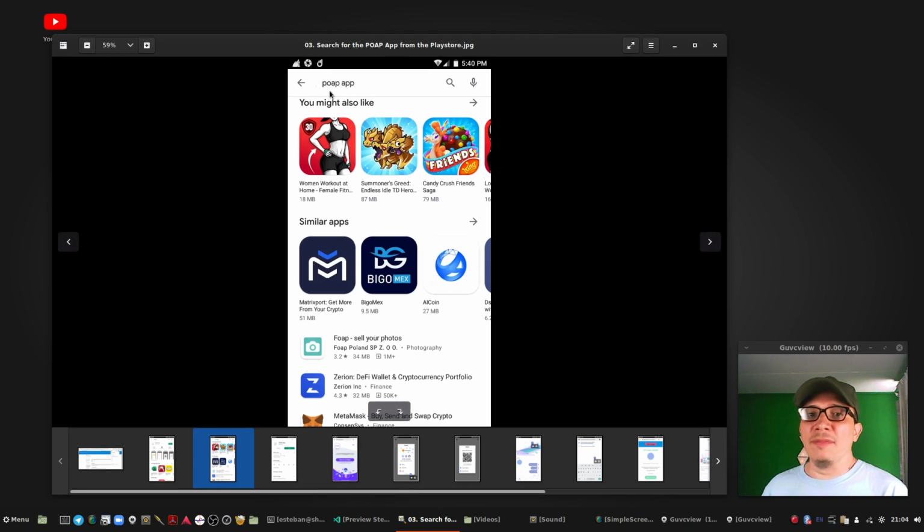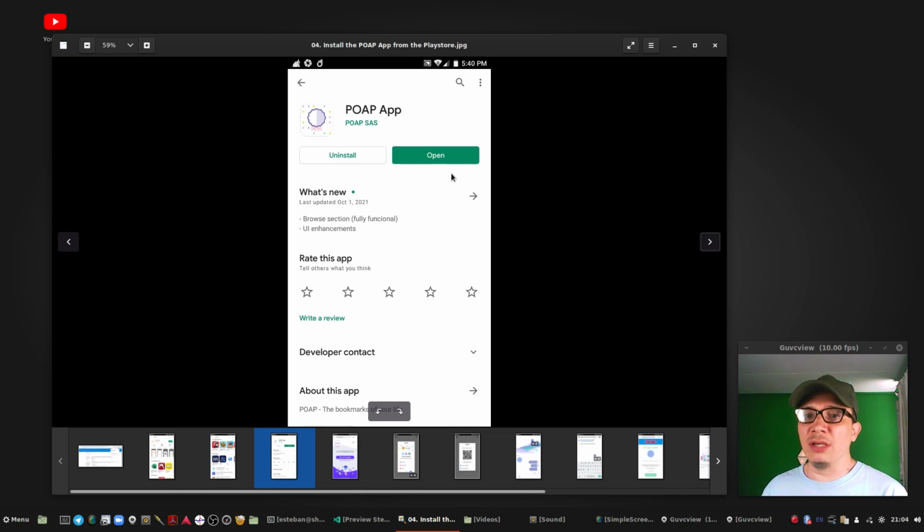Just type in PoApp app, and it is going to take you here. Alright, to the PoApp. Just install it so you can open it. Don't forget the badge icon so you can recognize it better on Android or the App Store.